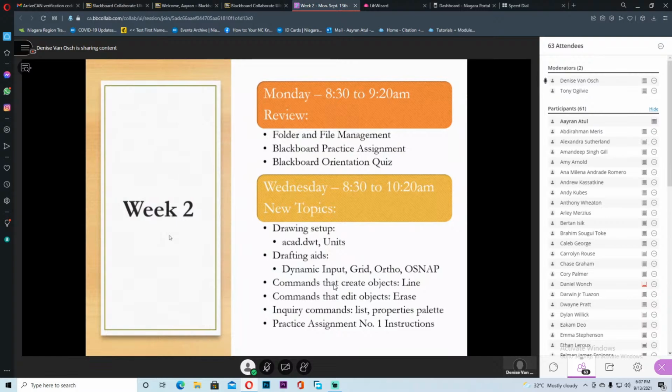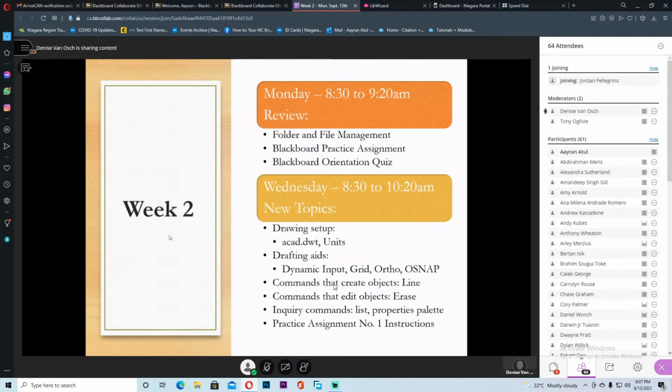Again, here's our PowerPoint. The first slide tells us what we're going to do Monday and what we're going to do Wednesday. These PowerPoints, these PDF files that we create from our PowerPoint, will be posted typically Saturday mornings for you to review for the upcoming week. You'll notice there we have file folder management. We're going to do a Blackboard practice assignment and a Blackboard orientation quiz today. Then on Wednesday, the new topics will be drawing setup, drafting aids, a command to create, a command to edit, some inquiry commands, and we're going to talk about practice assignment number